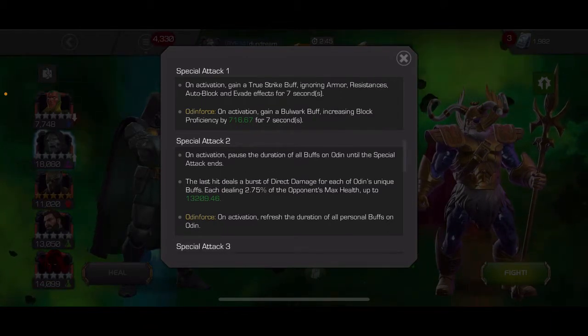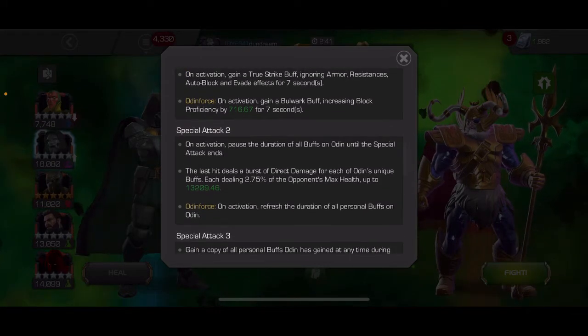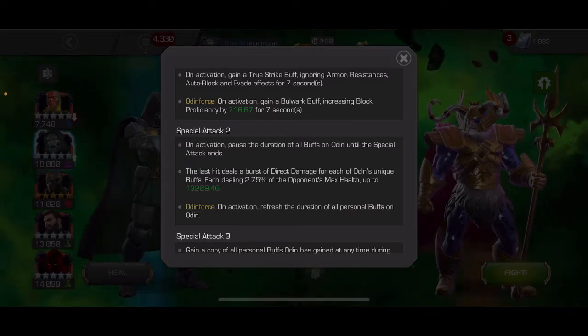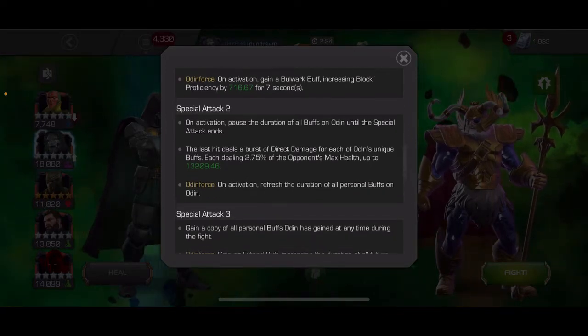And if you have an Odin Force charge, it also gives you a Bulwark buff, which increases block proficiency. SP2 pauses everything, and the last hit does a tremendous amount. Wait, the last hit deals a burst of direct damage for each of his unique buffs, each dealing 2.75 of the opponent's max health up to